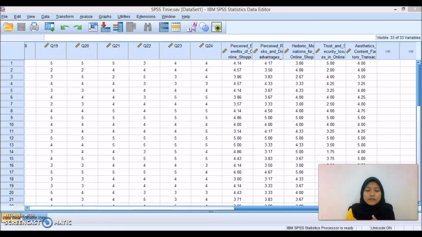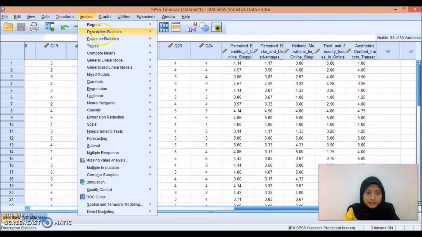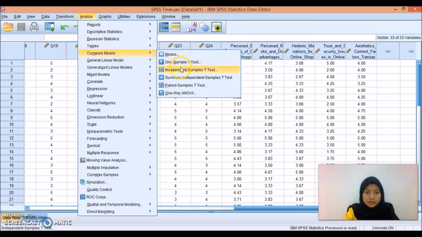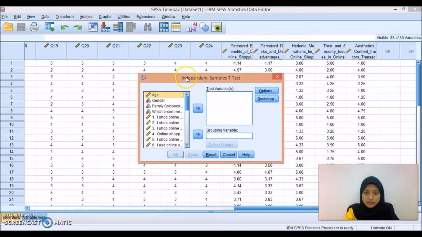Okay, next, after we know the data is normal, and because we want to compare the factors between gender, we decide to use the independent t-test. In order to do the independent t-test, we go to Analyze, then Compare Means, and then select Independent Samples T-Test. After that, we can see in this view we have test variable and grouping variable. For test variable, we insert all the factors for this data, which is perceived benefit,